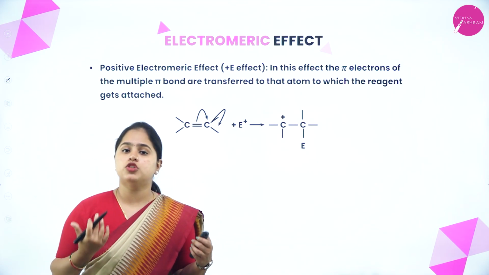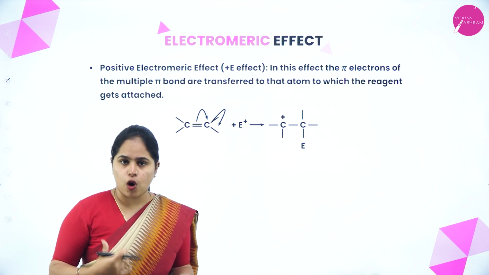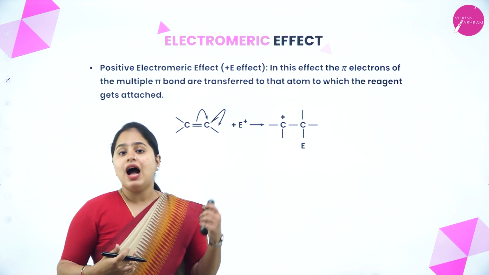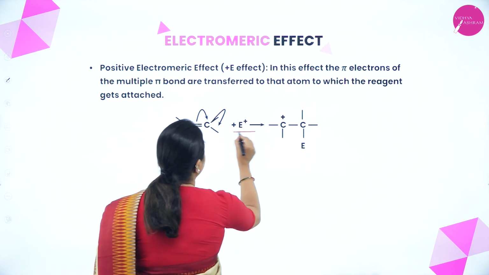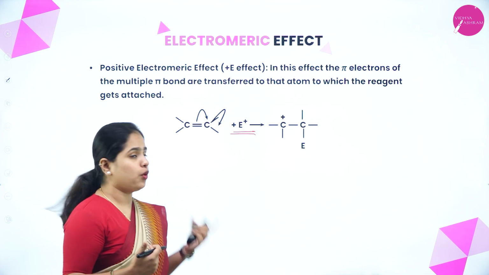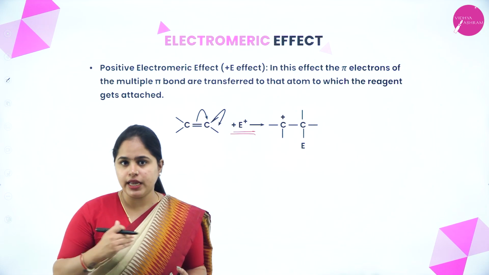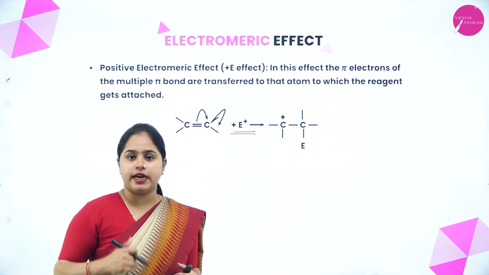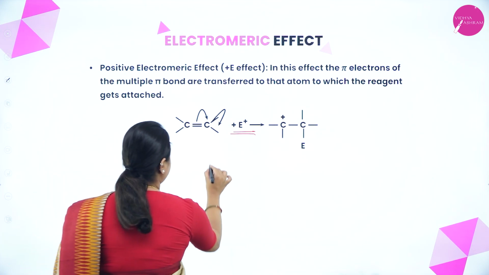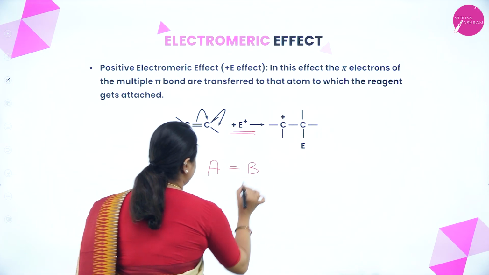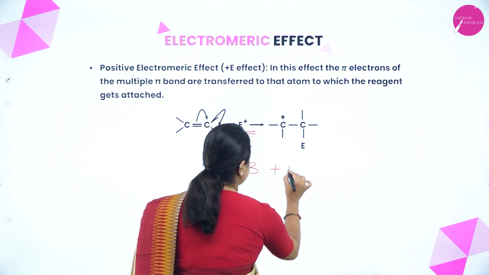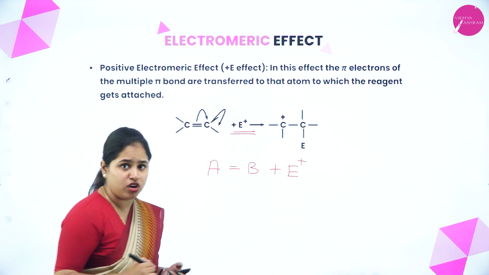So when does a compound show the electromeric effect? That is if the compound has multiple bonds, that means a double or triple bond, and if it is attacked by an electrophile, which is represented by E plus, right? If it is attacked by an electrophile, the pi electrons will be completely transferred to either one of the atoms. So in general terms, I can write, if there are two atoms A and B, right? And if an electrophile is coming and attacking this compound, that is the double bond, what happens is